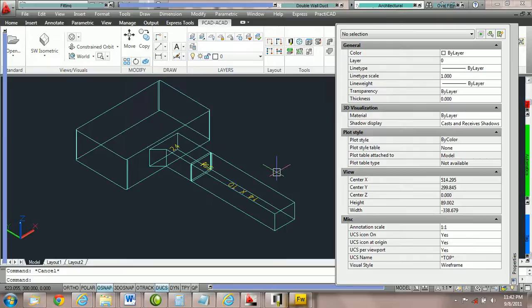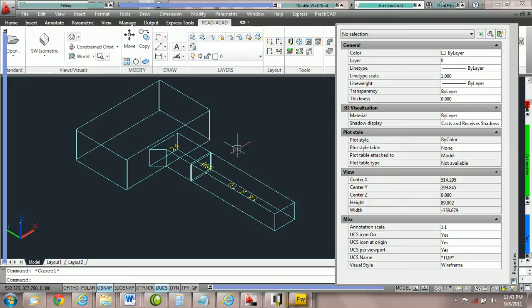How to edit your taps in PractiCAD. There are multiple ways of editing your fittings in PractiCAD, especially when it comes to taps. However, some ways are more preferred than others. Because we don't want to remove a tap off of a fitting so that PractiCAD doesn't know they're connected, editing